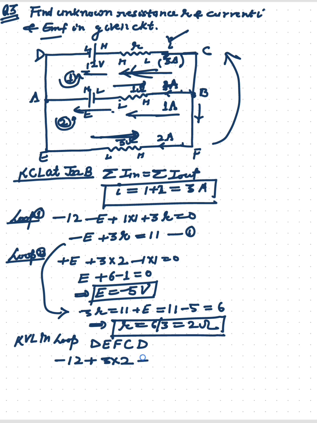So plus, resistance is small r and current I, so 3R we can write. So this is minus 12 plus 6 plus 3R equals 0. So this is minus 6 plus 3R, so R will be 6 upon 3, so this will be 2 ohm,